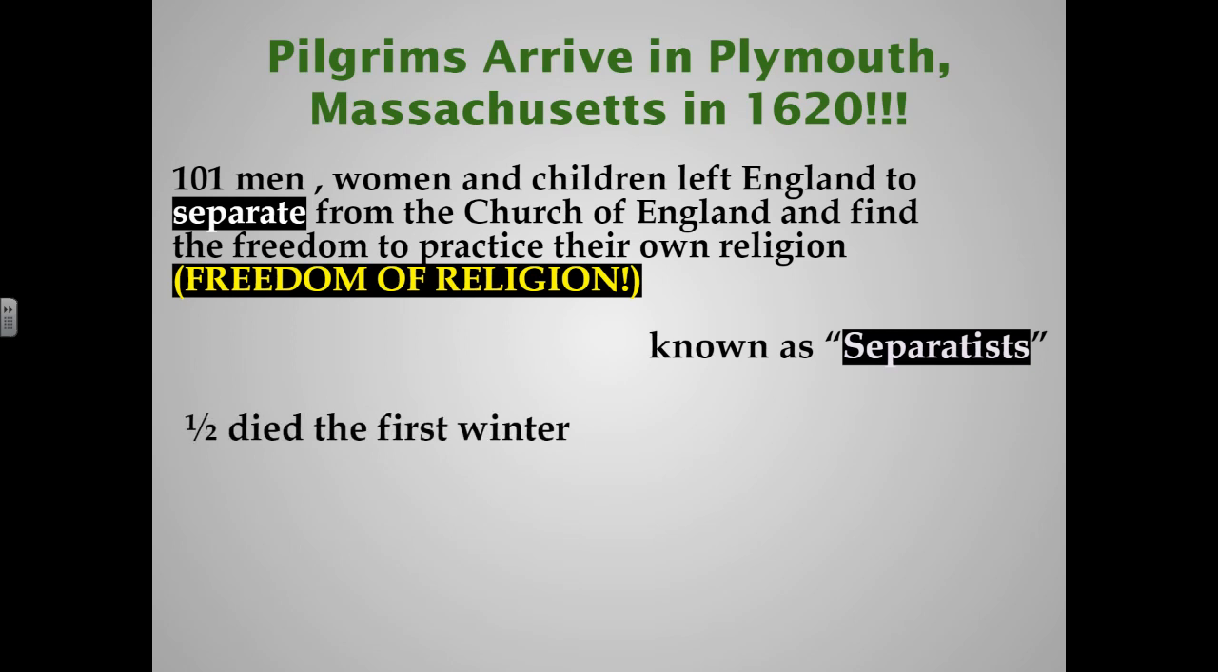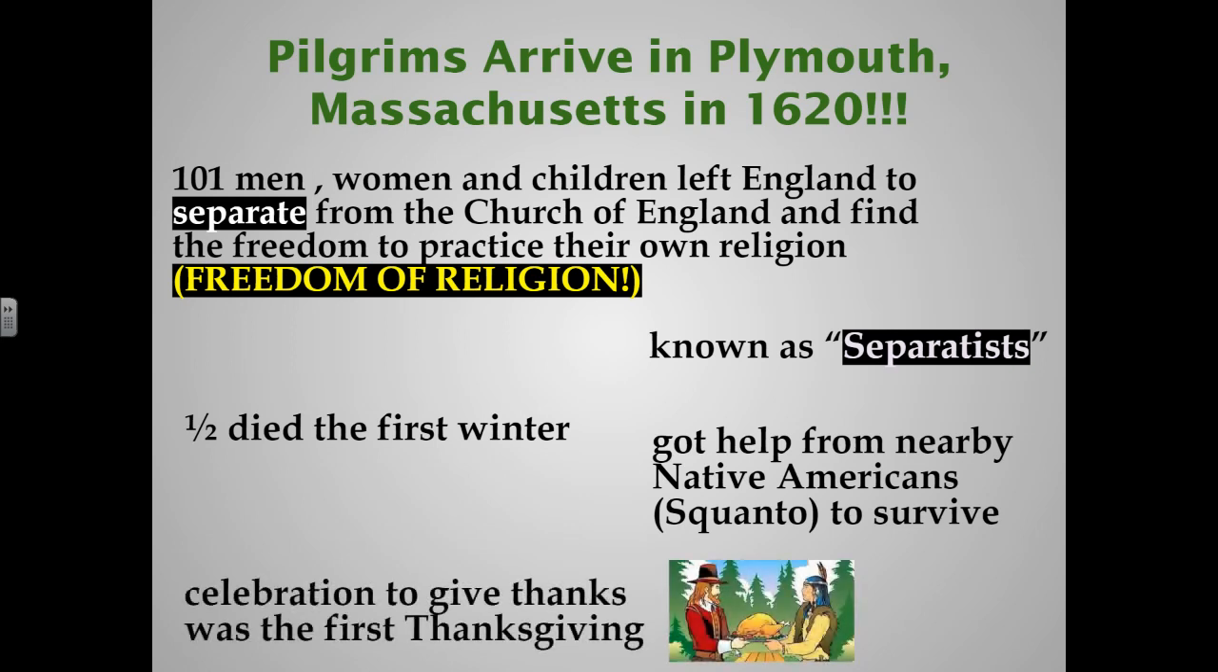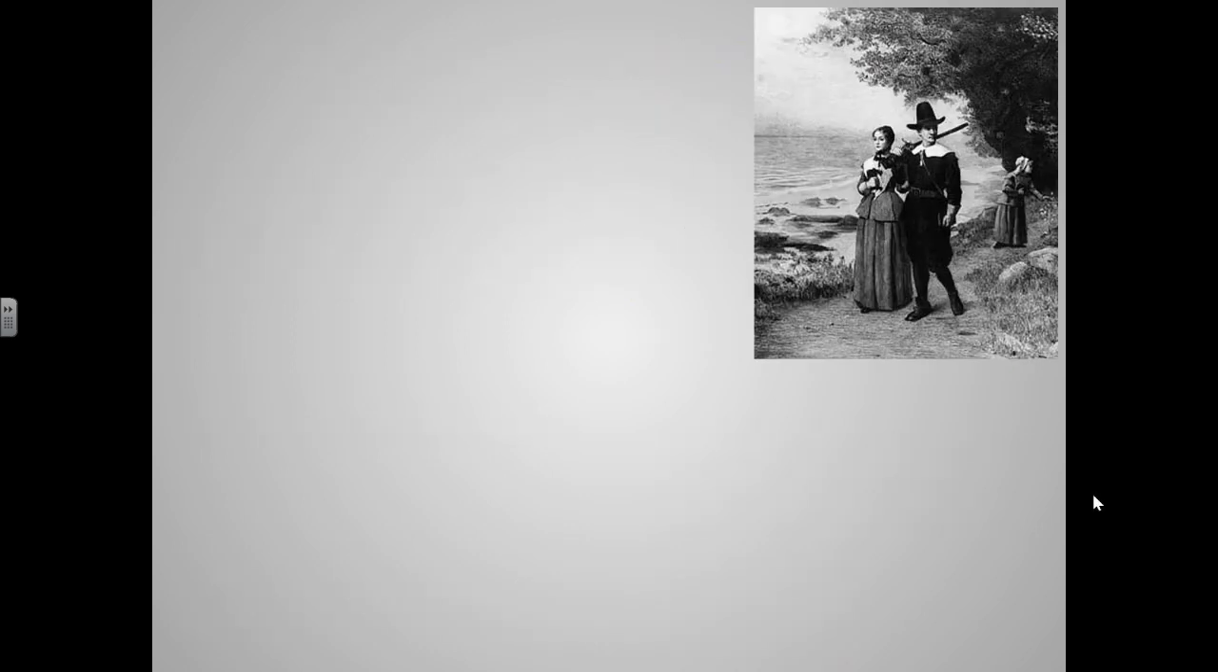Unfortunately, even though they tried to do things right, half died the first winter, but they did get help from Native Americans, specifically Squanto, and were able to survive. And they eventually had a huge celebration to give thanks, and that became known as the first Thanksgiving. And so that was kind of how people in England figured out, hey, if you want freedom of religion, there's a place you can go. It's called